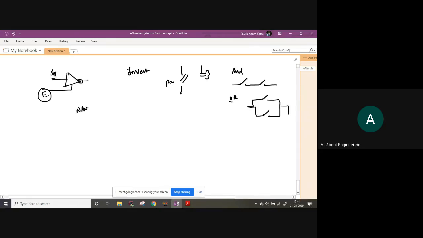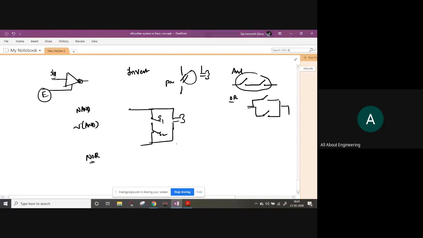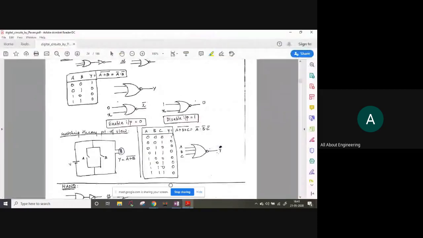Now NAND gate, in the sense negation of AND gate, right? Now this entire AND circuit will come like this. So if this is the bulb, this entire negation circuit will come like this, S1 and S2. The analysis will be same. Now if it is NOR gate, negation of OR, right? So this entire circuit, if this is the bulb, will come like this, S1, S2. As simple as that. Very simple to remember. Circuits in detail, how the functionality actually happens. Now for NAND gates and NOR gates, you can check the enable input and disable input also.